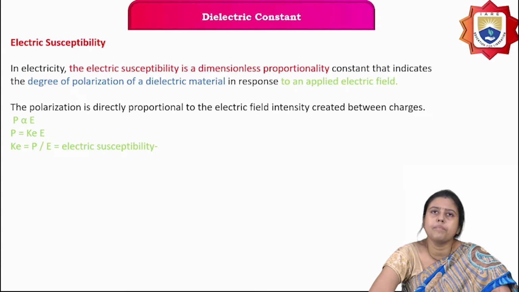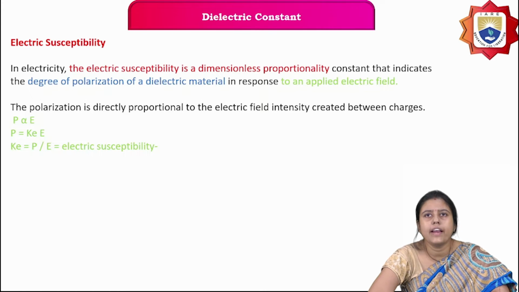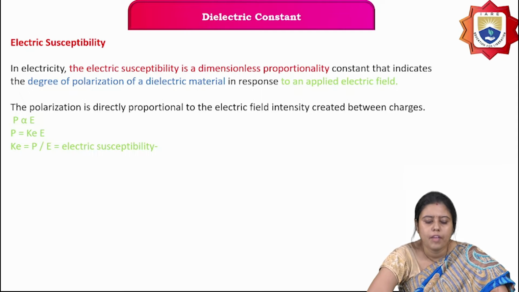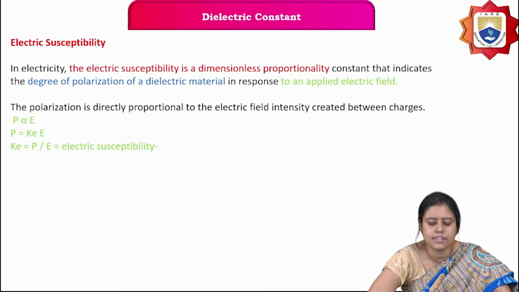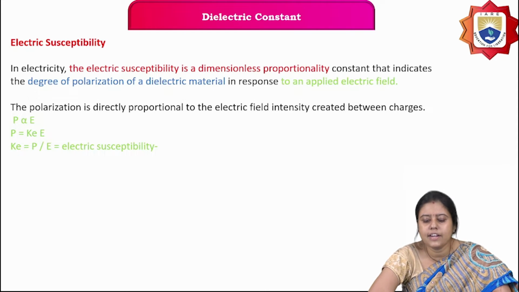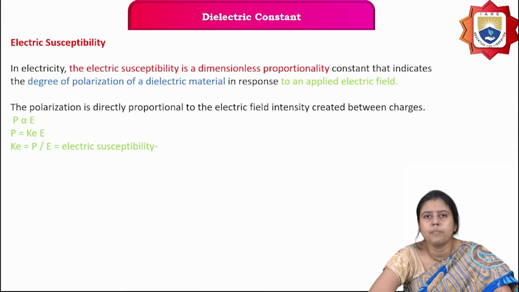When we are discussing the dielectric constant, another term comes to our mind, that is the electric susceptibility. What is the meaning of electric susceptibility? In electricity, the electrical susceptibility is a unitless or dimensionless quantity. This is a proportionality constant which indicates the degree of polarization of a dielectric material in response to an applied